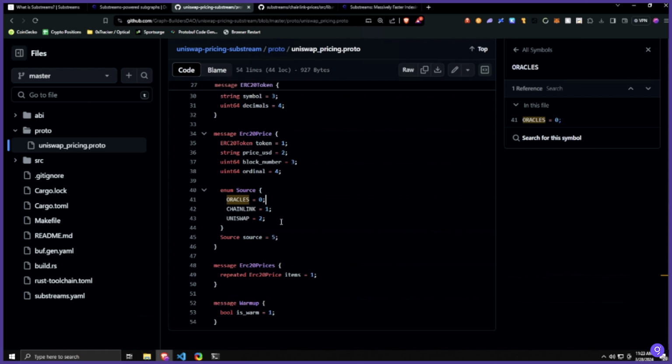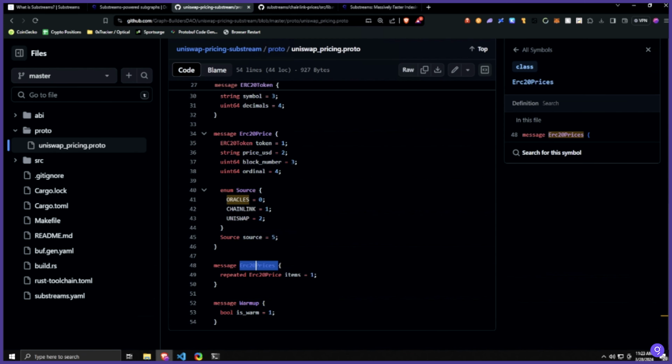So we have right now just Chainlink and Uniswap, but we would like to expand this even further out into all types of oracles as we see fit, right? So maybe we'll have some other, like a Curve pricing event, or any of your major oracles that a lending protocol typically uses for their pricing. So we'll know the source of the pricing event, which is huge, and then we'll have